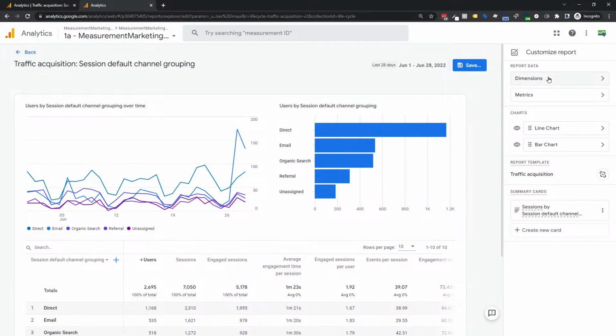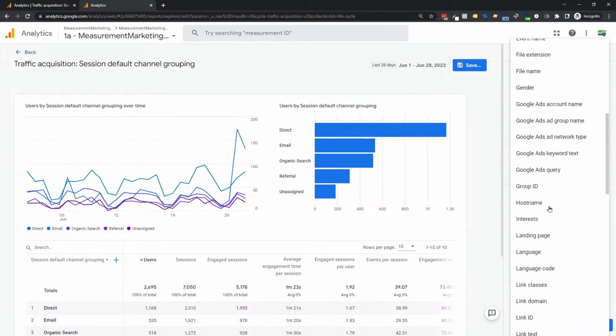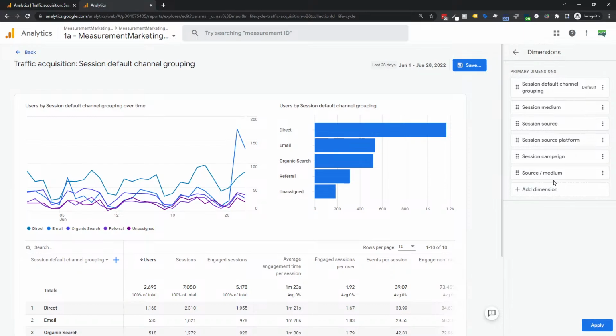So what I'm going to do is I'm going to click where it says dimensions, and I'm going to say, well, the dimensions that I want to have access to, see that? So all the dimensions that are here that show up in this little block, they show up because they are here in this little area. So what we're going to do is click on add dimension because that's what we want to do. And we're going to scroll down to where we're adding source medium right there. So now I can do source medium. So now I've got my source medium that's sitting there. And now if I click on apply,